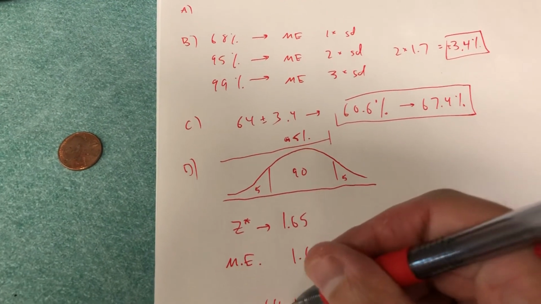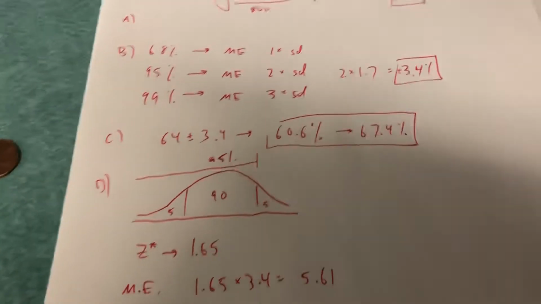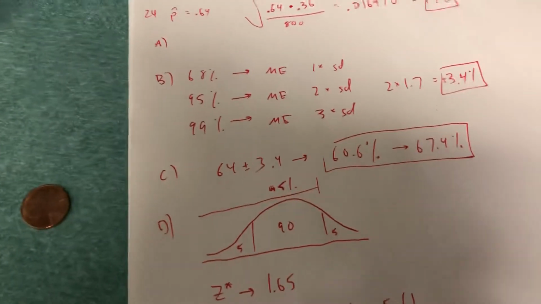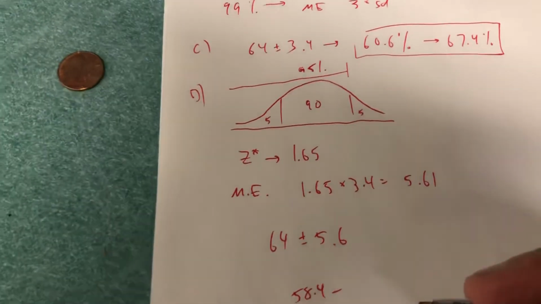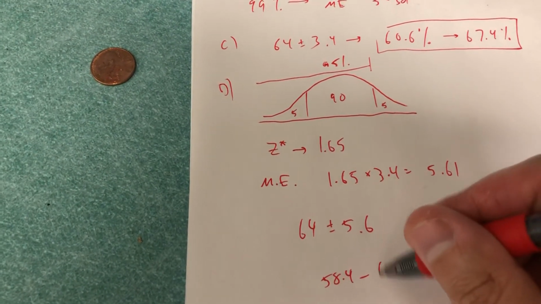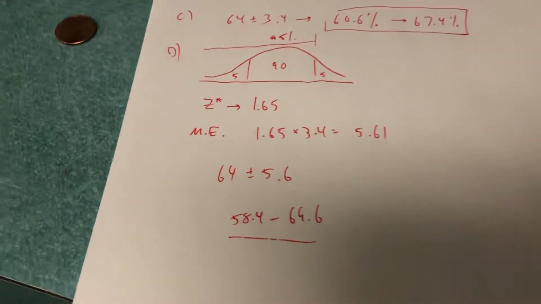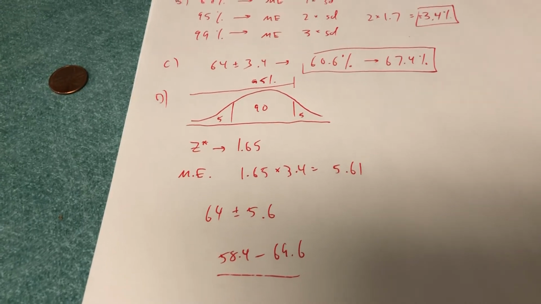So we'll say 64 plus or minus, I guess I'll just use 5.6. Okay, so 64 minus 5.6 is going to take us to about 58.4. 64 plus 5.6 is going to be 69.6. Okay, so it's a little wider. We have a little less confidence, which is going to give us